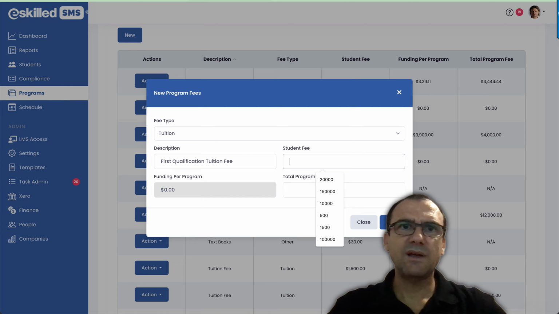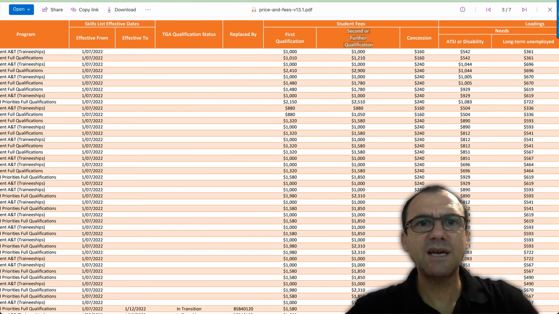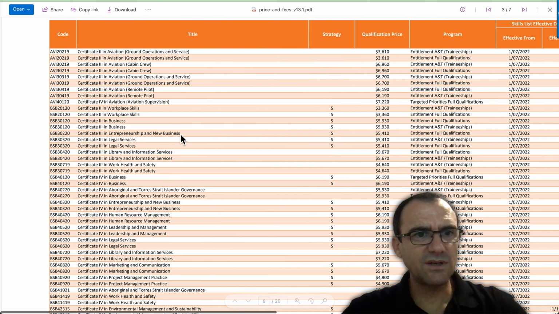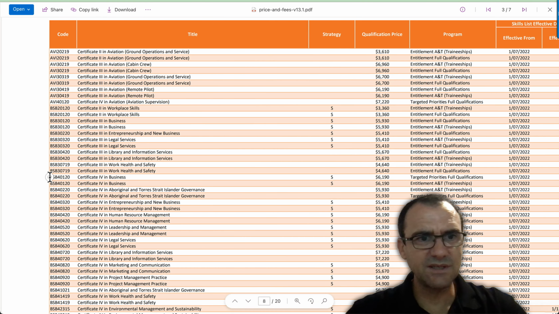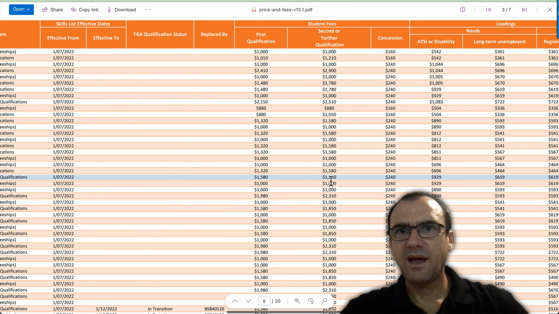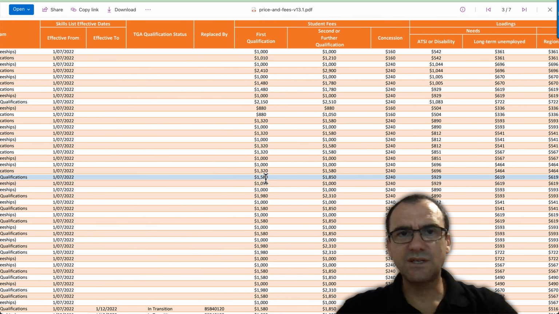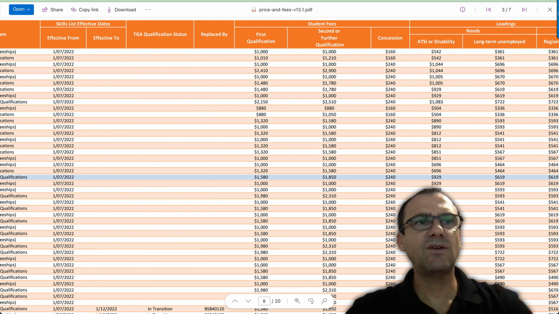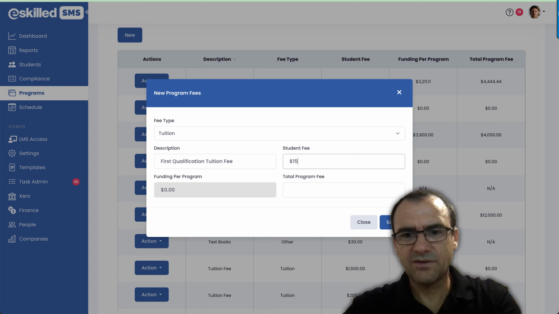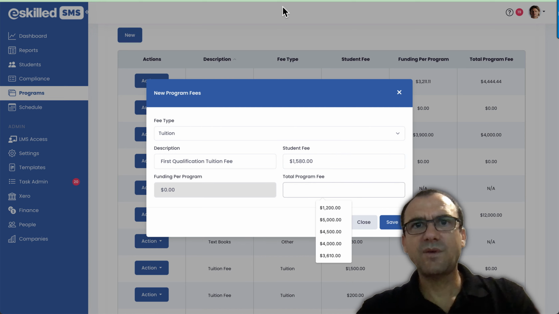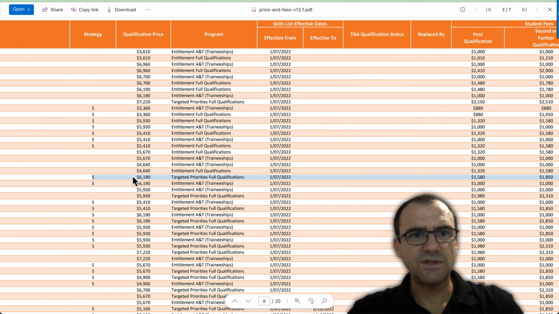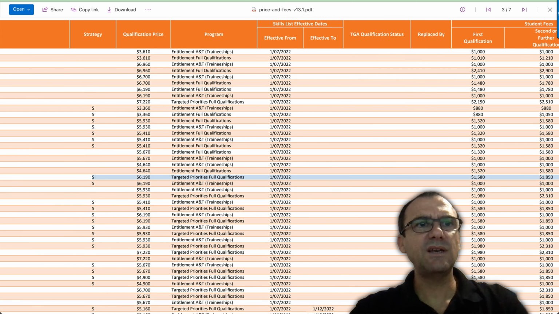So if we go back to our table, in this case, if we scroll across, we need to find our cert for business. It's here. And if we set our first qualification tuition fee is $1,580, so we're going to set that as students paying $1,580, and then we have to put in the total program fee, which is $6,190,